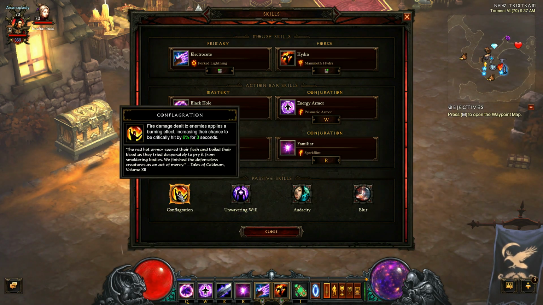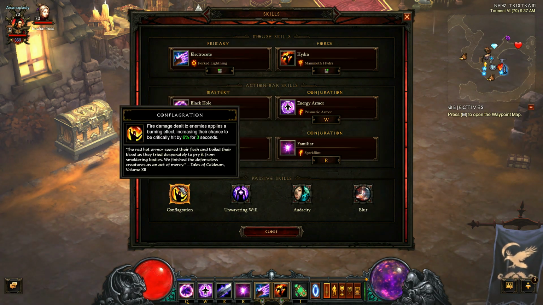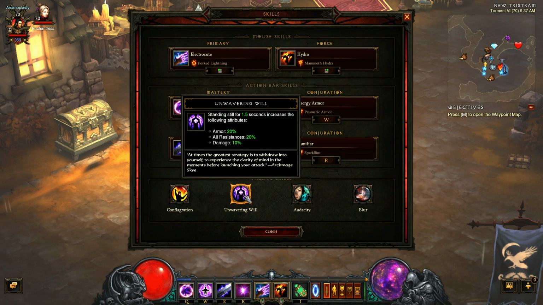And then my passives, Conflagration. This is for the increased critical, ties in with the Forked Lightning, Electrocute. Right now I'm at about 60% critical chance, I believe, with this going. Unwavering Will: since I'm channeling Electrocute so much, I'll be standing for more than 1.5 seconds,